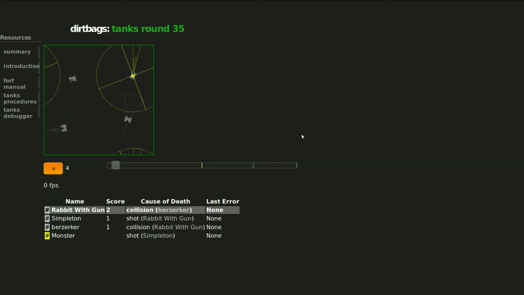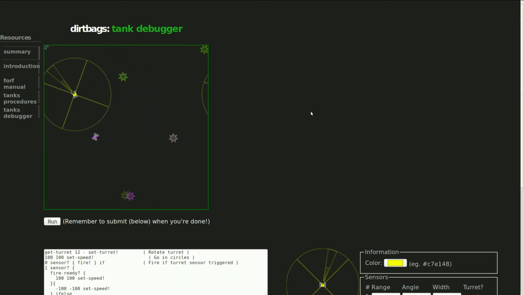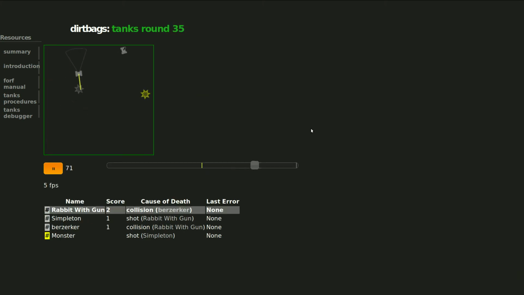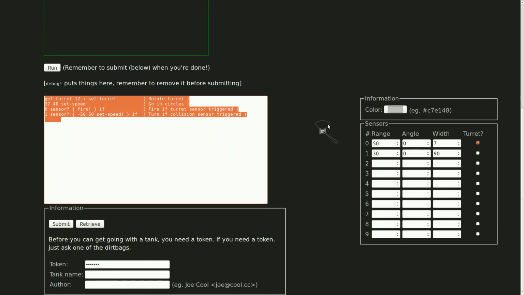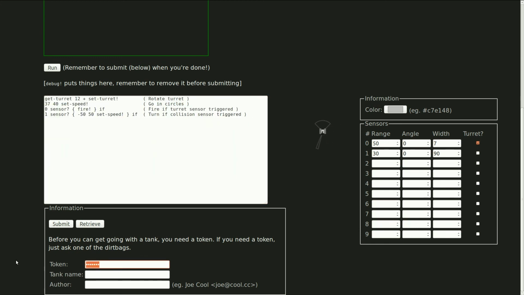All right. Now what about quitting and coming back? If I go back here to the tank's debugger and I'm done, and let's say I go home and then I get a great idea and I want to modify my tank. Well, go back to the site, click on the tank's debugger, and you see we have that blank tank again that we started with. What you need to do is put your token in, again, the same token. Don't give this token out to anyone, it's like your password. And now I don't click submit because I don't want to save this, but I do click retrieve to load